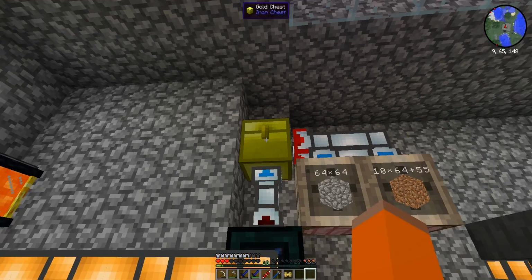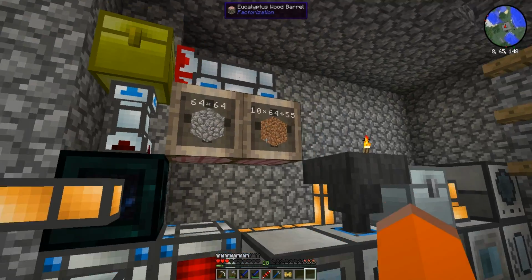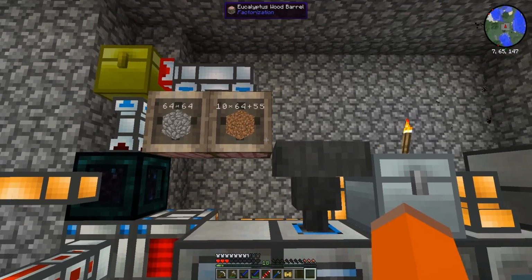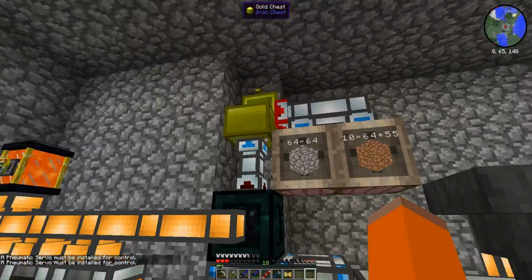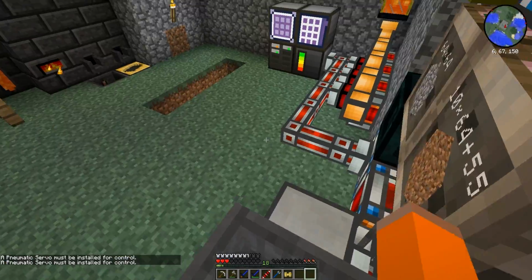Oh, well, that's not done. I'll just set that back in there for right now. Looks good. Bronze ingots. Yeah, I'll get that other stuff taken care of soon. So now that that's all set up, this should continue exporting items into there. And unfortunately, this thing has become backed up